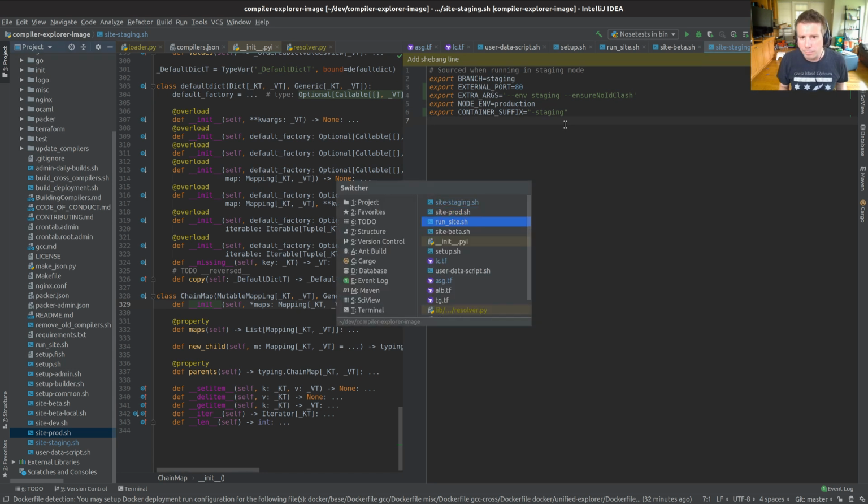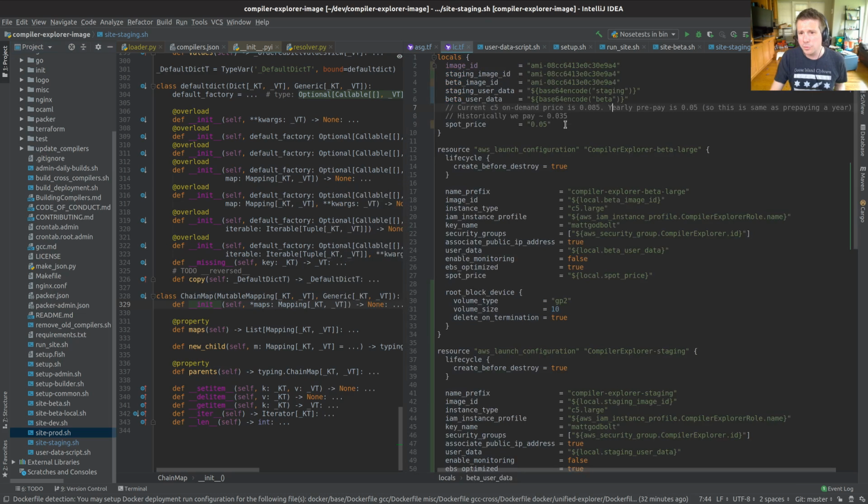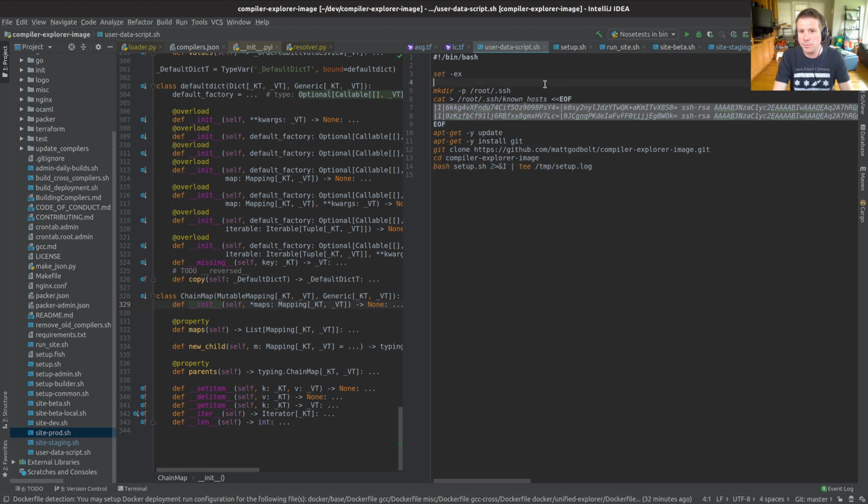All right, so now we're going to pop the stack right back up to launch configuration. And so we now have a launch configuration. I think that makes sense. We will create an instance. The instance will have this user data, the quoted, base64 encoded string staging. That staging string will get into this script here.